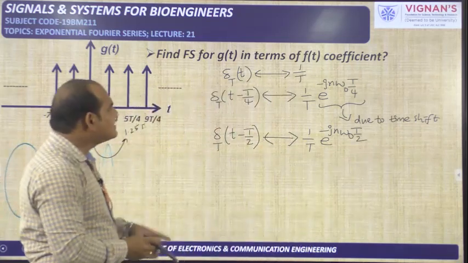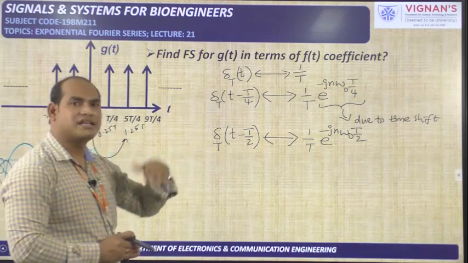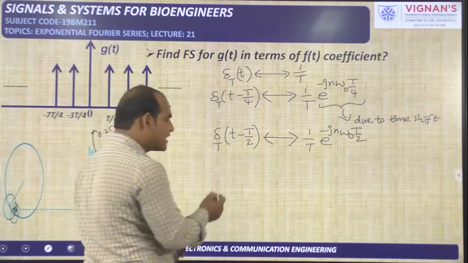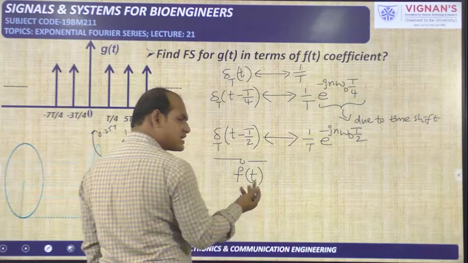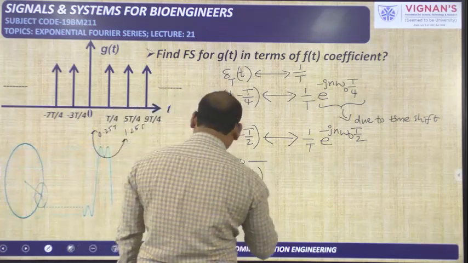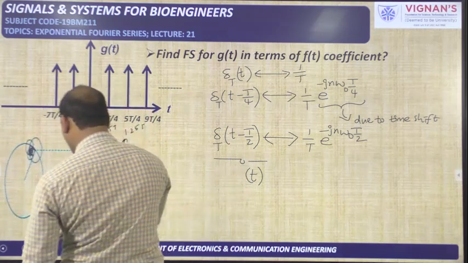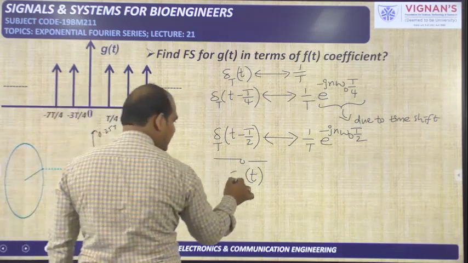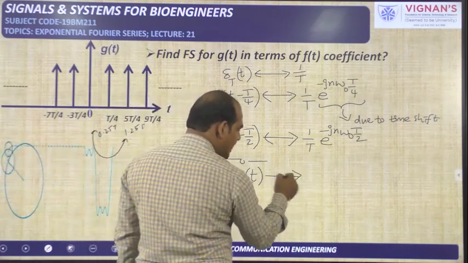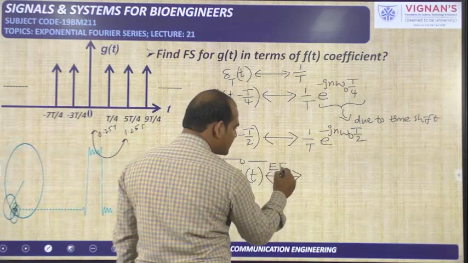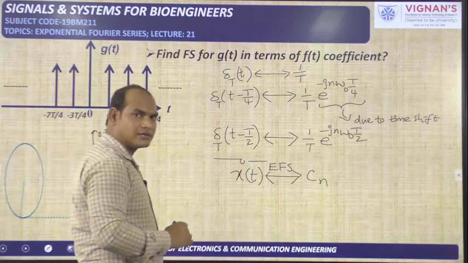So all these three equations I have written with respect to the impulse train signal. Now I will write the generalization. What is the time shifting property in the Fourier series? I will write it like this. Take one general signal like f of t or x of t, whatever it may be. Instead of writing f of t, because you may get confused, since we have taken the problem like that, I will take x of t as one general signal. So x of t has the exponential Fourier series coefficient C n, I am taking, as the generalization.